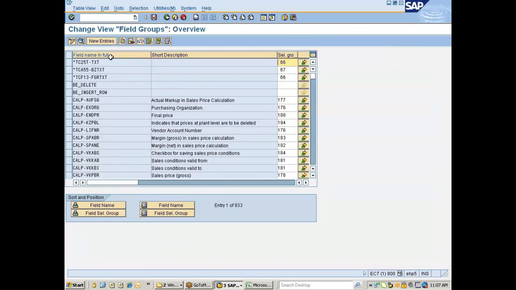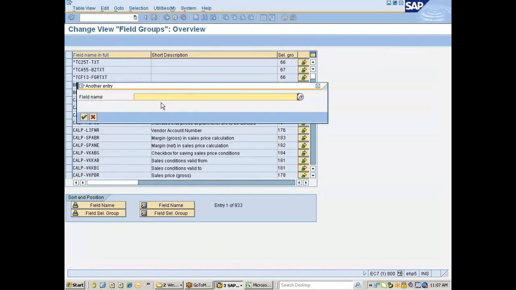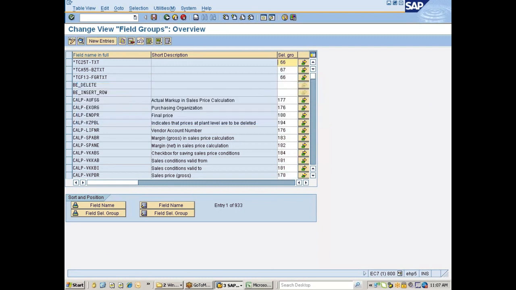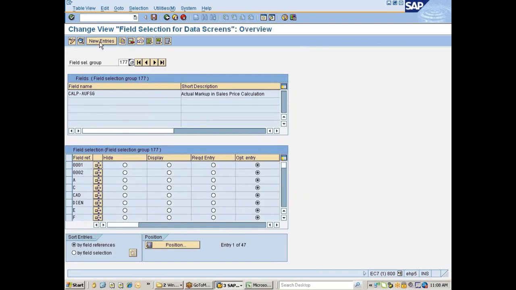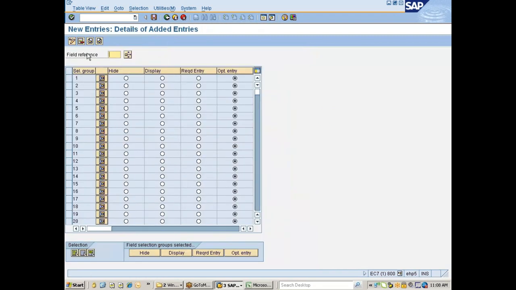When you go with it, you take some field, anything you can take. When you go with new entries, the one that you see here is the field reference. For example, let's say you wanted to create a new field reference, something like U, right? You just have to maintain for this field reference U,